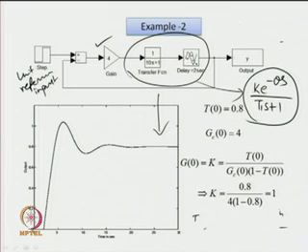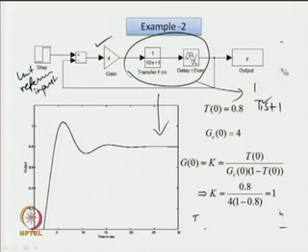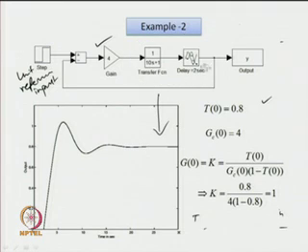So, k has already been estimated. Now, the remaining two parameters θ and T1 can be estimated from the information from the sustained oscillatory output of the closed loop system. To obtain sustained oscillatory output, what do we have to do? We have to go on increasing the